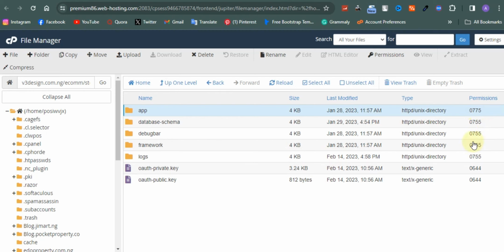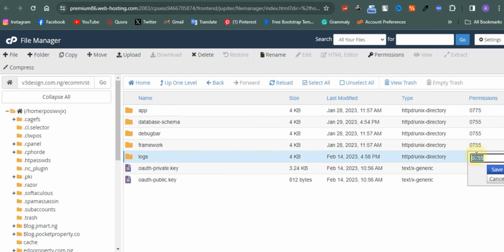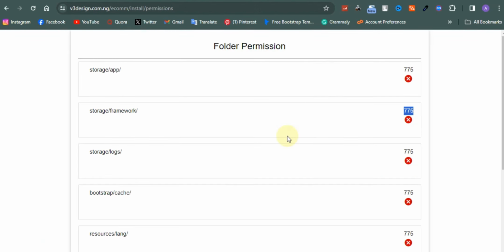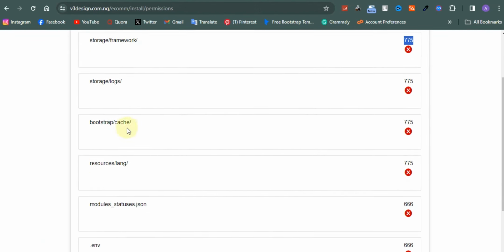Storage framework, which is this. Okay, storage log, let's do this. Click on it, paste the number, click on enter. Storage framework, so you click on it, you paste the number, click on enter. Then you come back, you look for the other one. You have bootstrap cache. So you come here, you copy the number. It's literally the same number though. So you bring it,